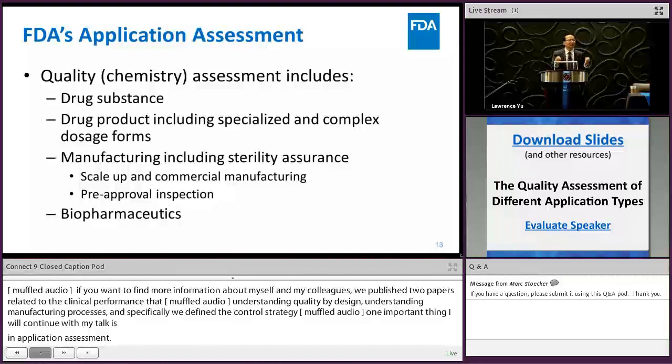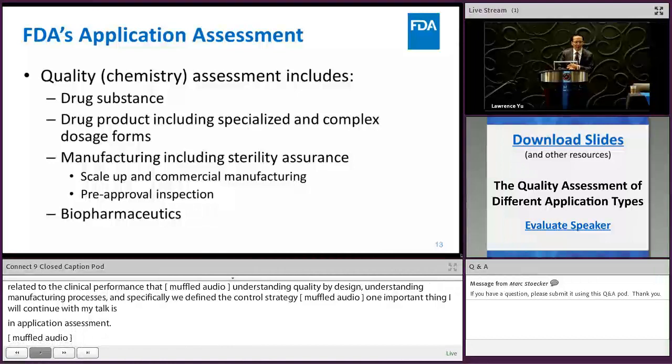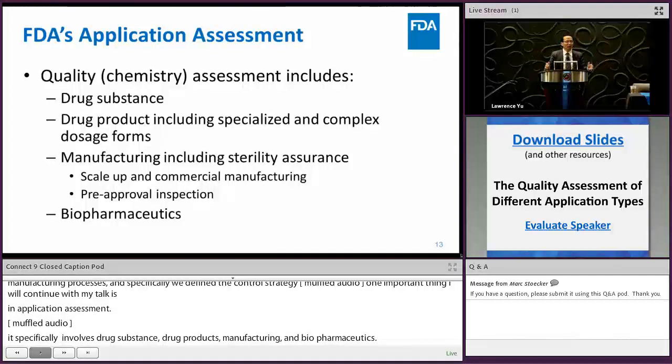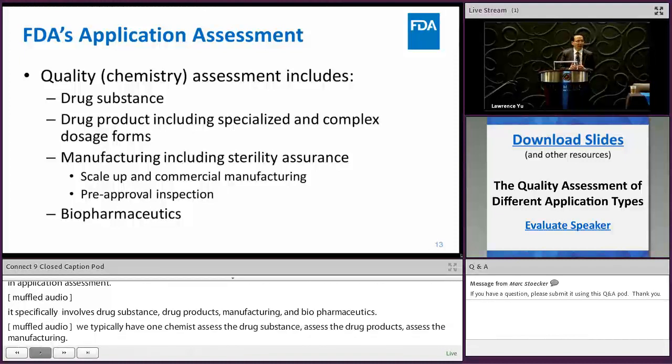But consider how much is involved in our quality assessment: specifically drug substance, drug product, manufacturing, and biopharmaceutics for solid oral products. Before OPQ formation, we typically had one chemist assess the drug substance, the drug product, and the manufacturing as well. This is certainly an incredibly difficult task, because of the knowledge required to assess those